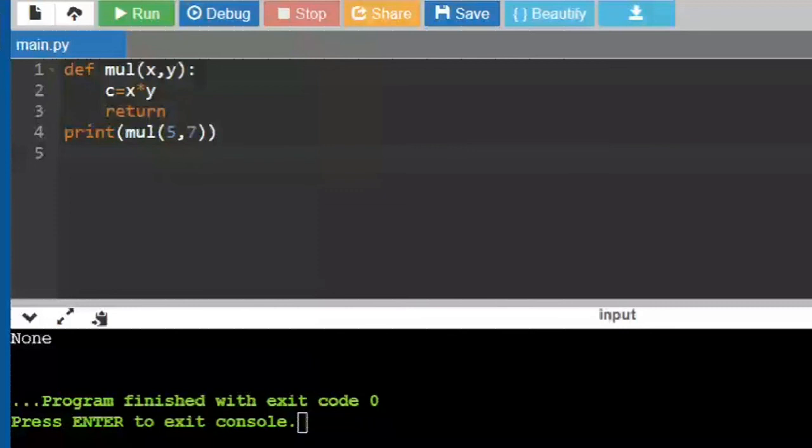Here we don't have that explicit kind of declaring the return type, but automatically if return is written and you are not specifying any expression, it means that it is None. So this mul function returned None. That's why in the print statement the return is nothing, and in the output I can see None over here. Is this program clear? Yes, ma'am.